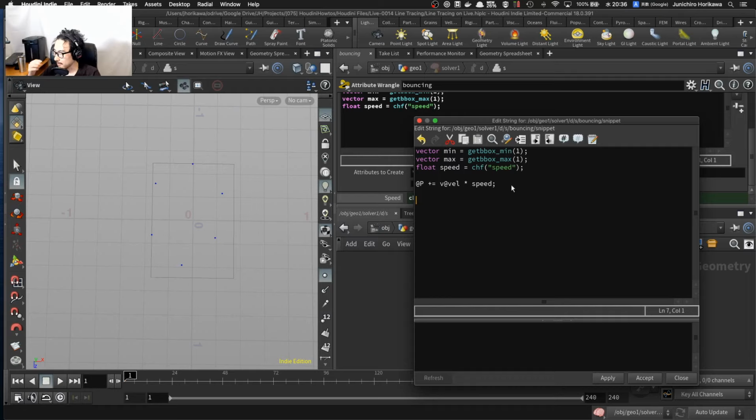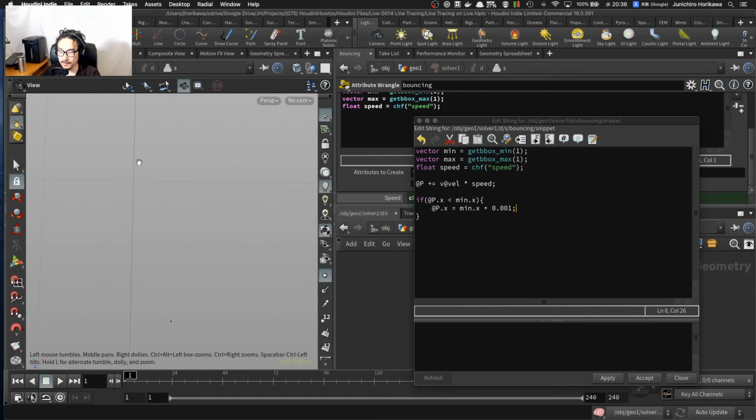Okay, now's the part that you have to apply in order to bounce inside this boundary. So that is done by creating some conditions. If the x coordinate of the point is less than minimum x, meaning if the point goes outside, goes to the left side, goes to somewhere around here, then first of all, move the x coordinate of this point back to minimum x plus a bit of margin, so around here probably,